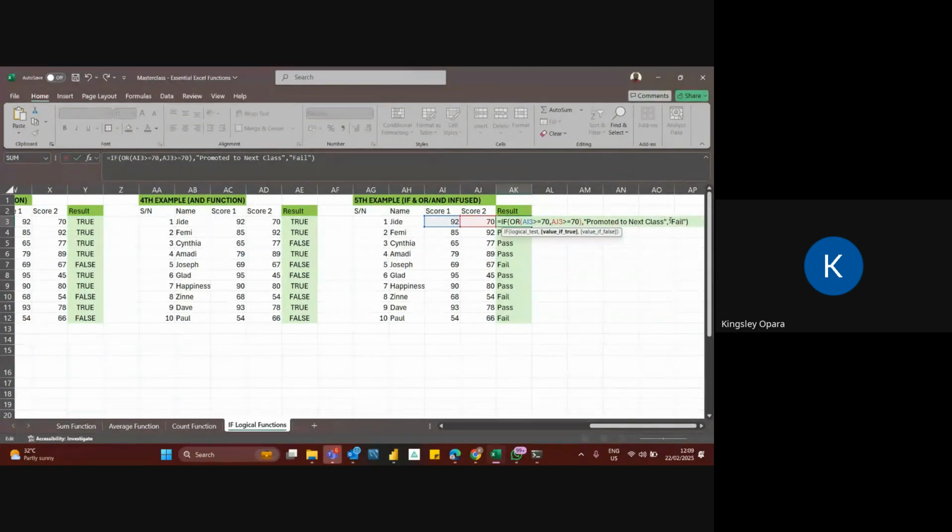And otherwise, let's advise this person. Advise to withdraw, or advise to repeat. It's too easy. Let's be a little fair. Let's not ask the person to withdraw, just advise to repeat class.